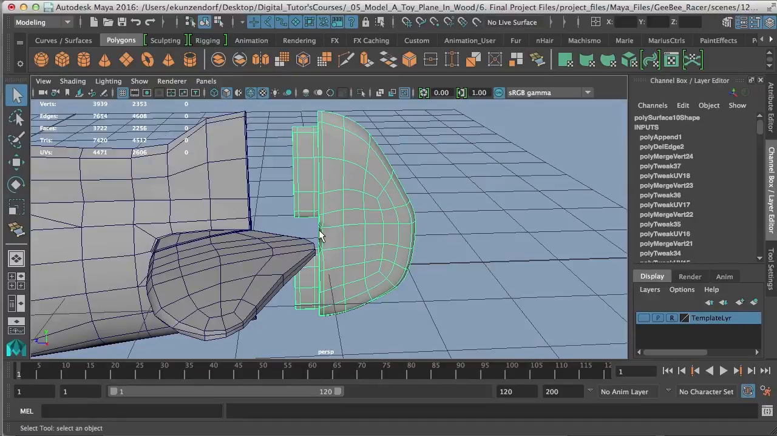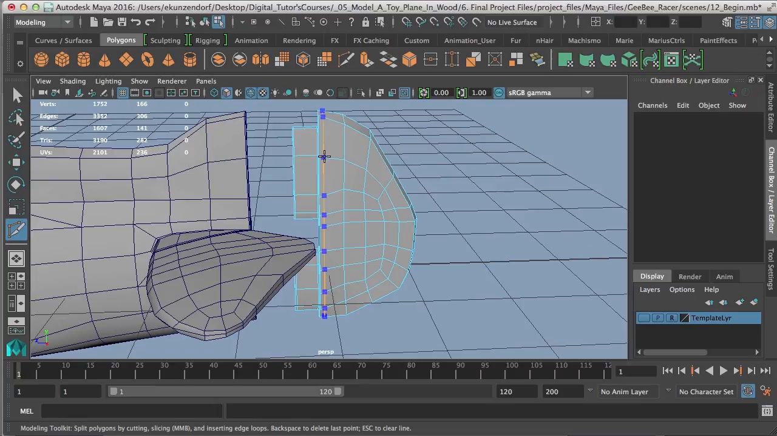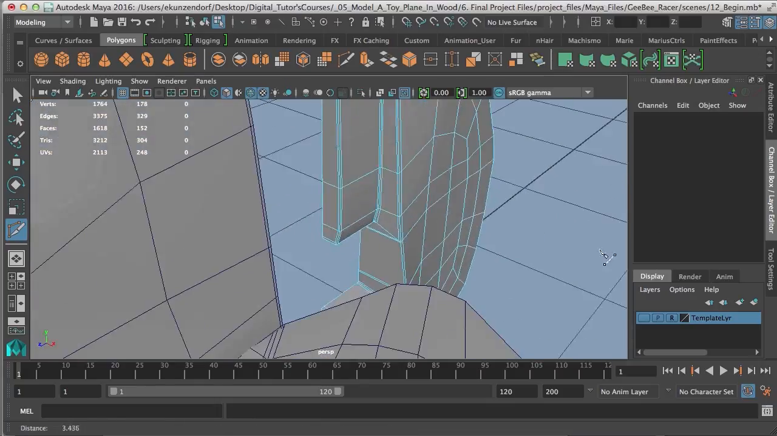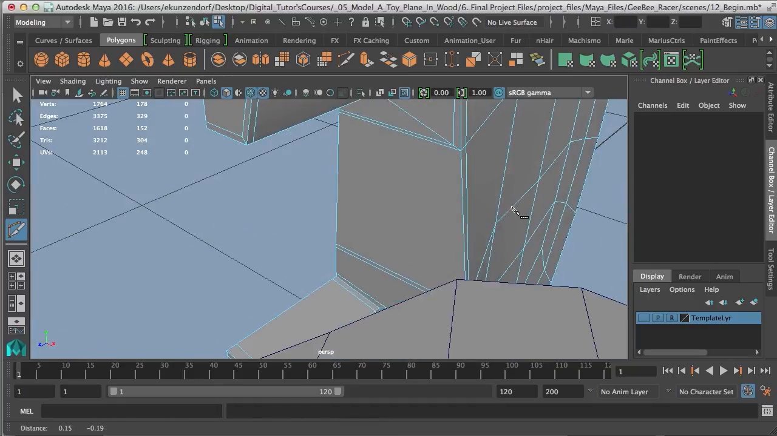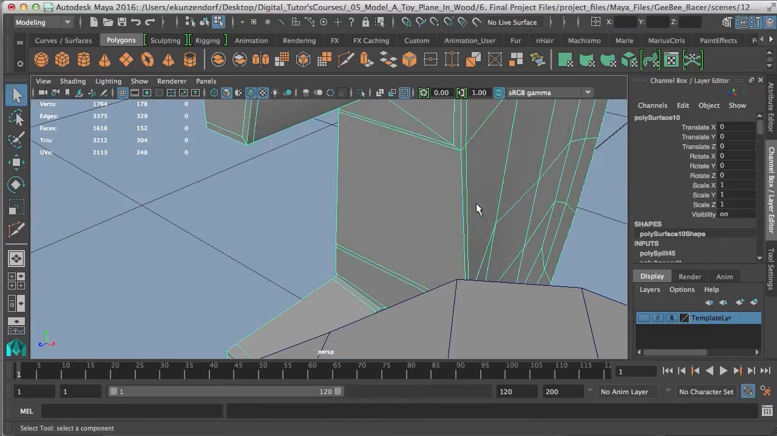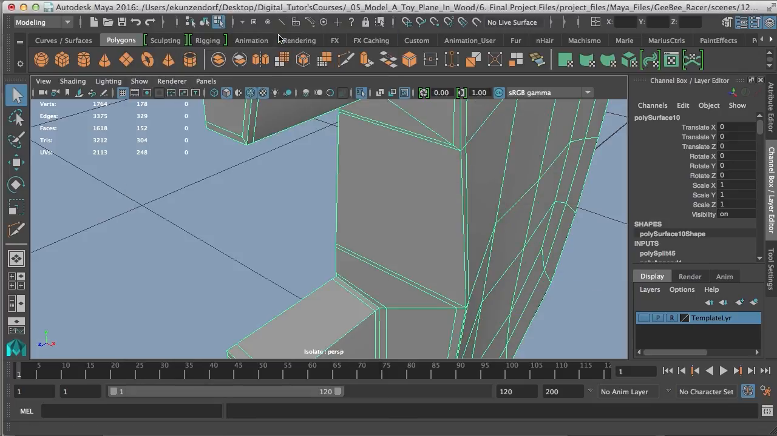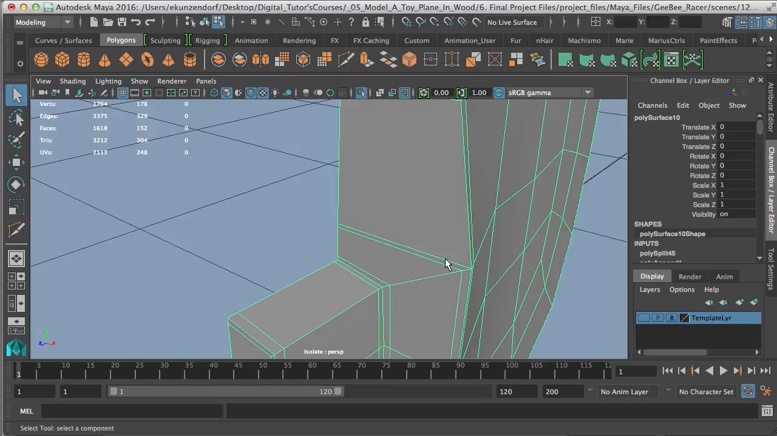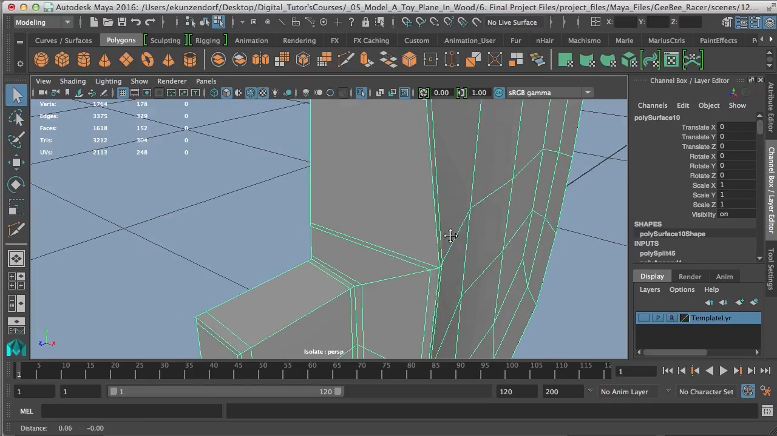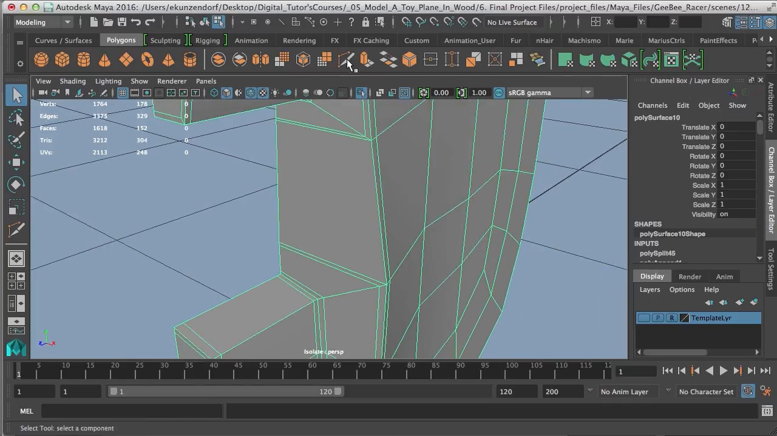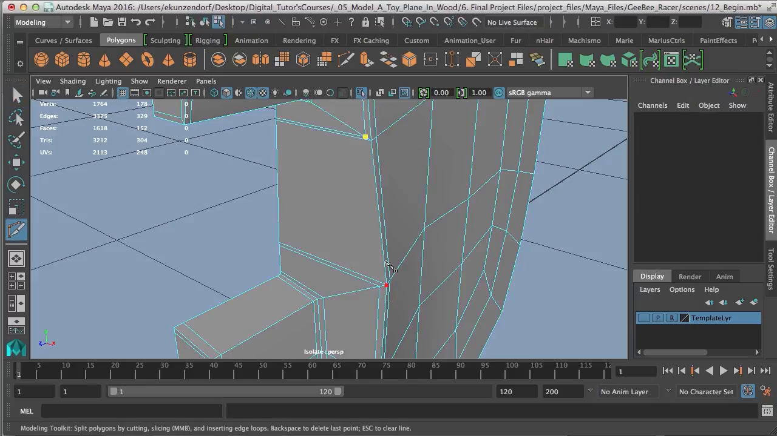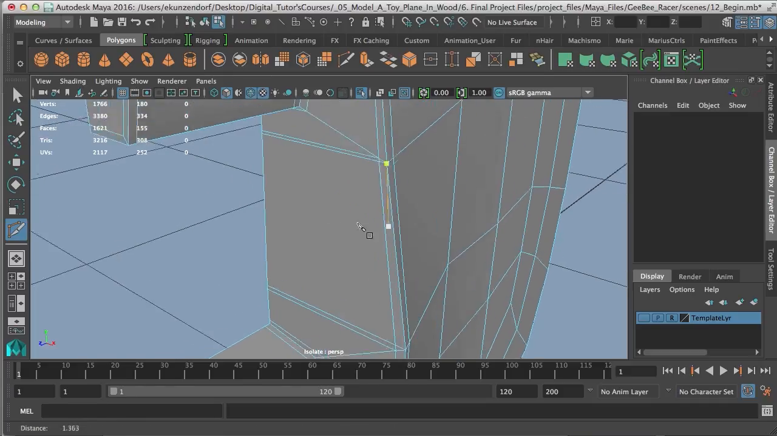Okay, it's obviously too round there, so I will use my target weld to fence in that line like so. And now I can do something a little different. I'm going to select this object, and I'm going to isolate select it, and I'll do a little bit of work in here. I can go to here and here, okay,